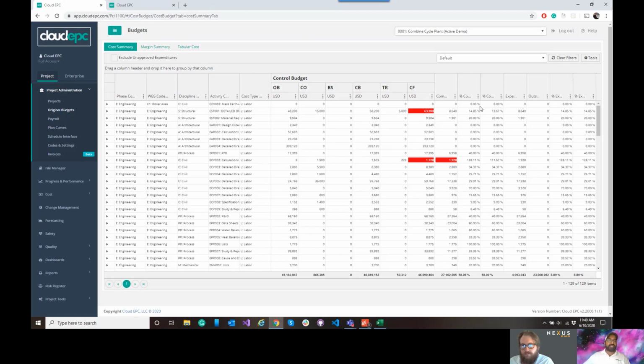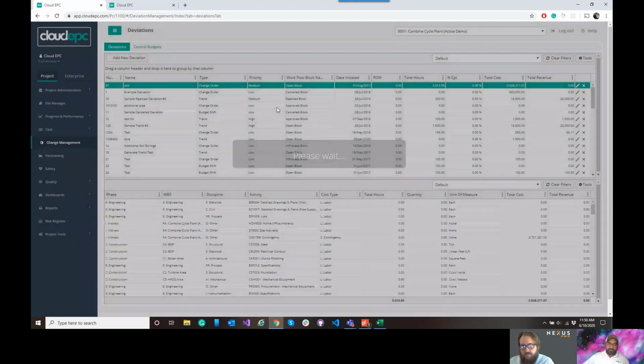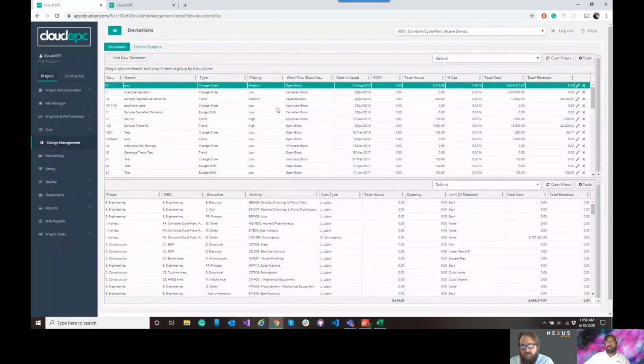Before we get into the actual values or the earned value, I wanted to quickly touch on change management as we think about change orders, budget shifts, and trends and how they work. In Cloud EPC, we have three primary types of deviations. And we have our change management module, which is heavily integrated with the cost module and the progress